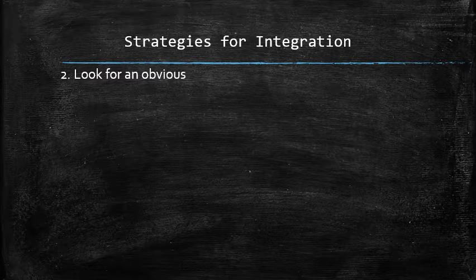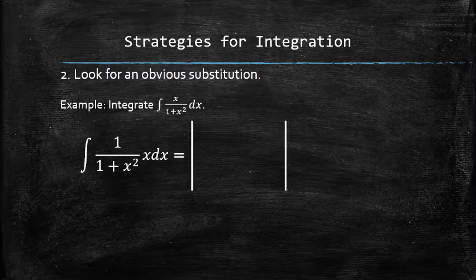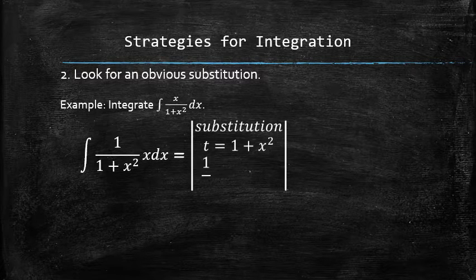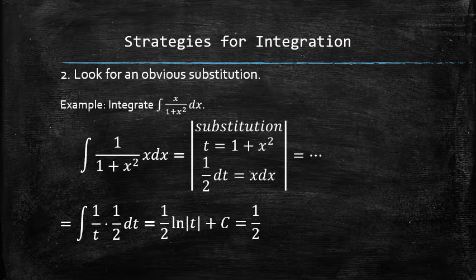One of the simplest integration techniques is a substitution. When integrating, make sure not to miss an obvious one. For example, in the following problem, we recognize the pattern and rearrange the integrand. Then set up the substitution by setting a new variable, let's say t, equal to 1 plus x squared, and finding the differential of t. Next, we plug everything into the original integral, and notice how, because of the discovered pattern, we have nothing but the function of t left in the integral. We finish the process by finding the antiderivative and plugging the original function back for t.